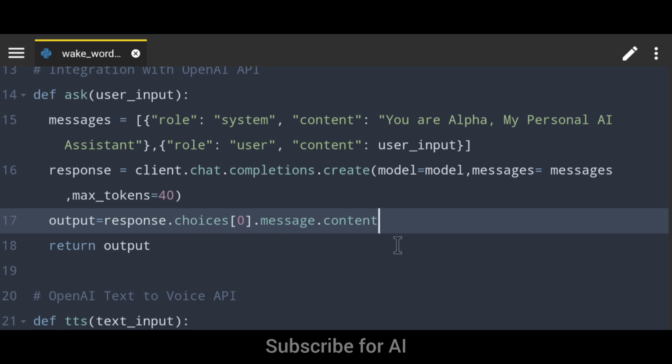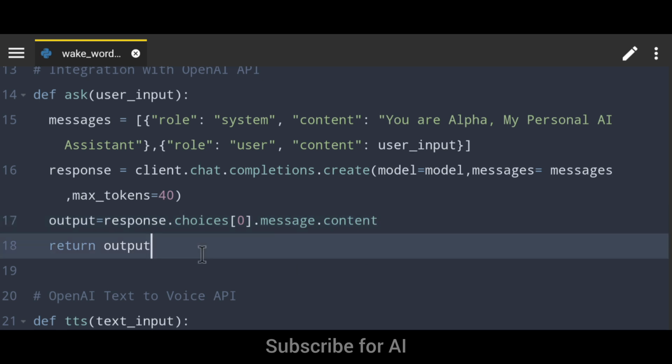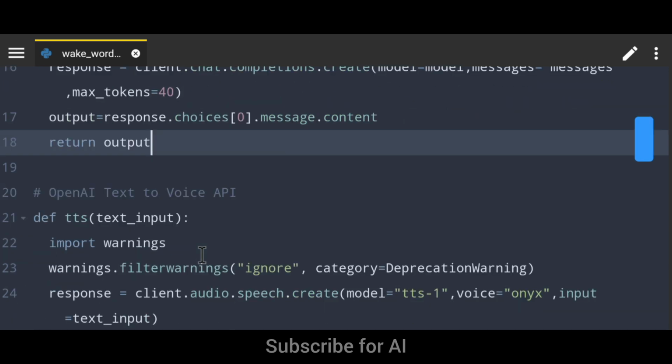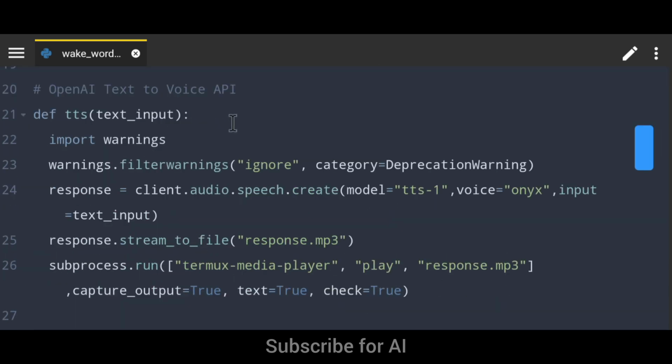And lastly, we have to return the output from that function. After providing the user input to this function, we can get the output from the GPT-4o mini model. Now it's time to use the OpenAI text-to-speech API for generating a voice like the Shimmer voice. I created a function named TTS which takes an argument of text input and generates a voice response, response.mp3